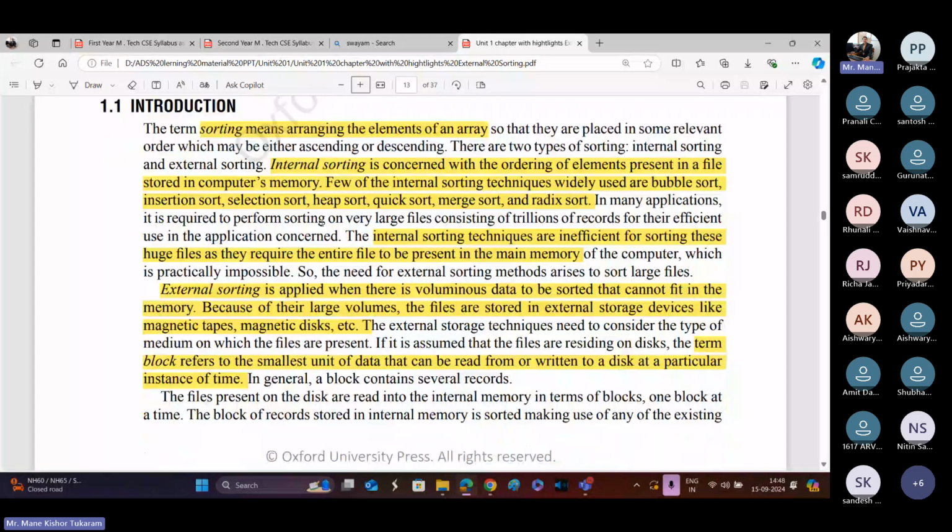What is meant by sorting? So basically, whenever we deal with sorting,